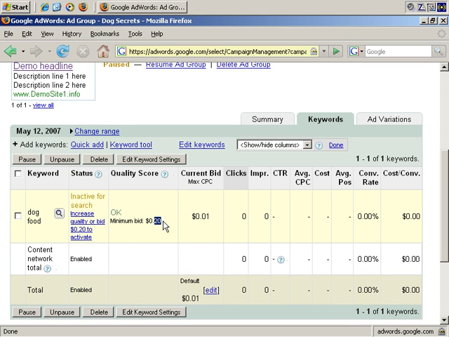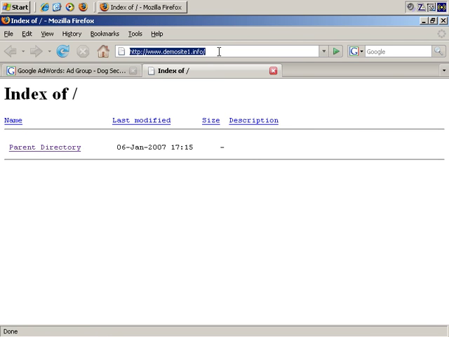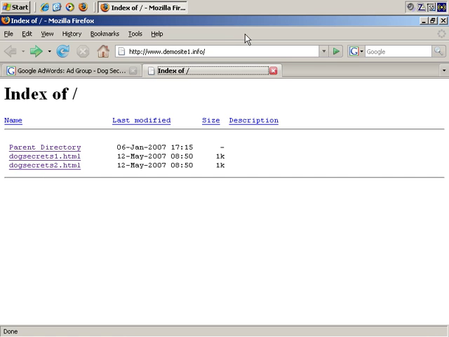That could be for a number of reasons. It could be because the actual page I'm sending it to is completely blank at the moment, and that would obviously need to be fixed. So, increase quality or bid 20 cents to activate. Okay, so I'm going to quickly create some dummy pages. I've gone to the demo site 1, and as you can see, there's absolutely nothing there. I need to create some pages, or otherwise, obviously, Google disapproves sending people to nothing, so I'll quickly create those now. Okay, I've created a couple of pages and then uploaded them to the demo site,